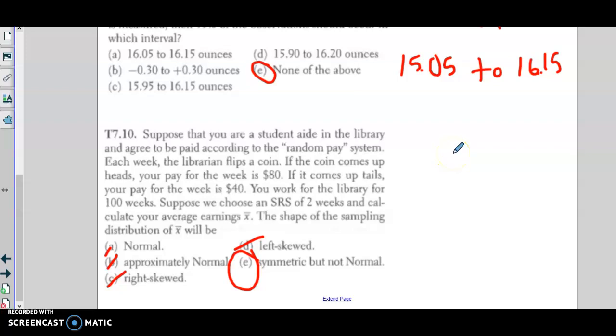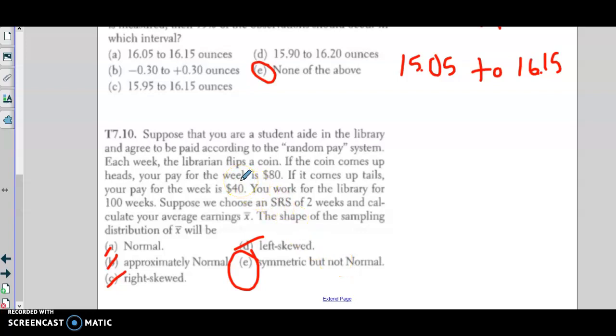I got cut off in the multiple choice video, so I'll finish up number 10 here. The correct answer was E. I don't know how much of the N you heard, but it's going to be symmetric here, just not normal. Not normal because my sample size is not big enough, but it will be somewhat symmetric in shape because my